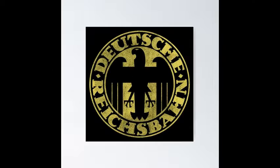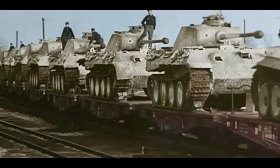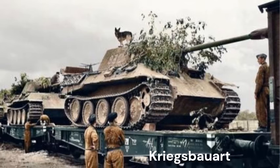the German National Railway. The Reichsbahn had an important logistic role in supporting the rapid movement of the German army during World War II. A full-strength Panzer division needed no less than 80 trains, each train with up to 55 wagons. The Kriegsbauart, or wartime class, refers to railway goods wagon classes that were developed during the war for the